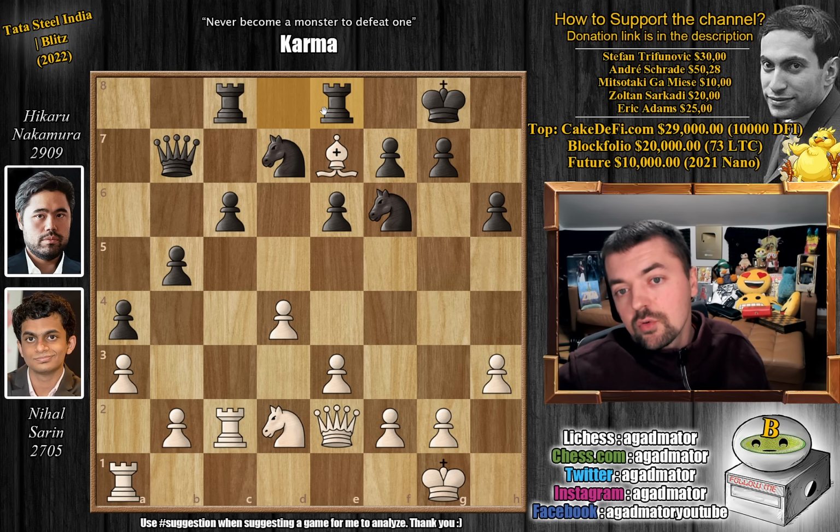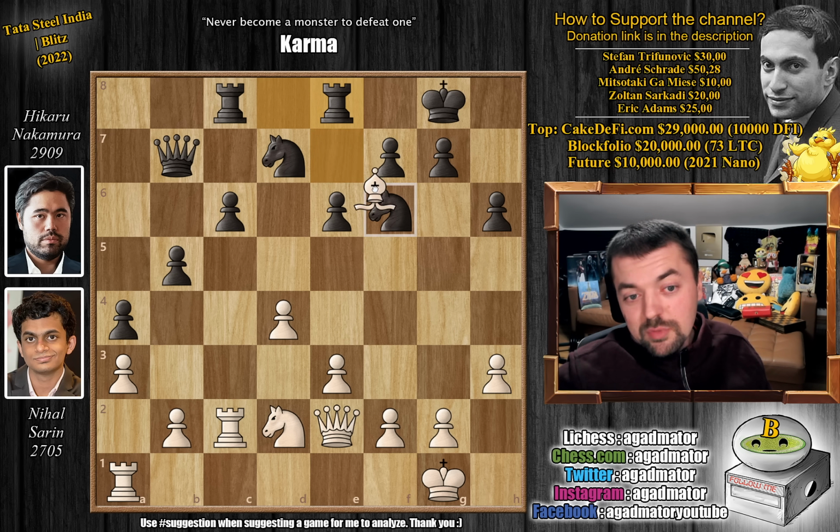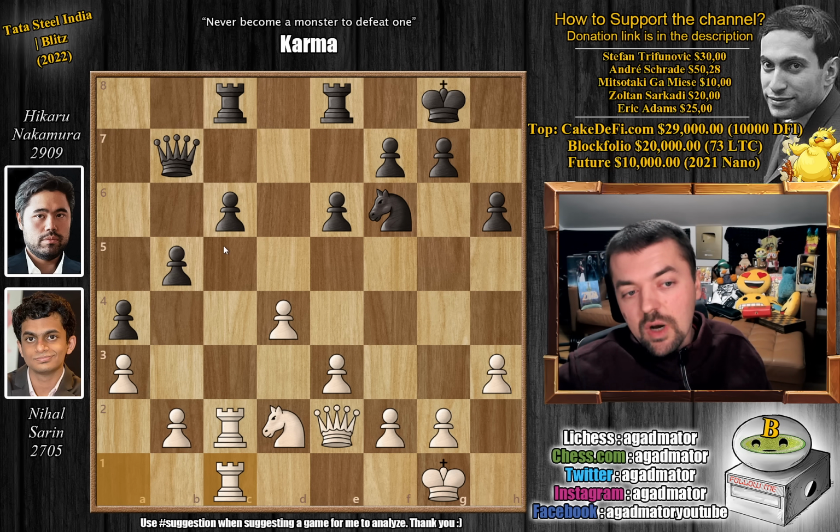And like I said, even though the bishop is better, maybe it's a little bit easier to play with the knights in a blitz game. Usually they say, okay, bishop is better than knight, and especially if it's an open game, then bishop is better than knight. But in blitz, knight is almost always better than bishop. So bishop captures on f6, knight captures, and rook a to c1. The c6 pawn is a backwards weak pawn, so of course Nihal will now go after this pawn,